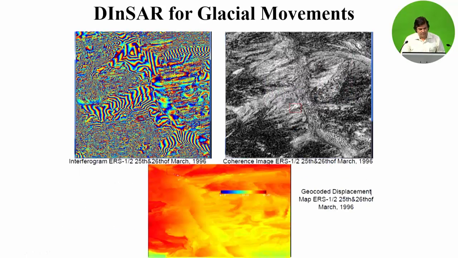Differential SAR interferometry can also be used to detect movement in glaciers. The phase of SAR interferometry is used for height estimation, and the same phase may be converted for displacement mapping and monitoring. So the movement or even the velocity of the glacier can be known, but